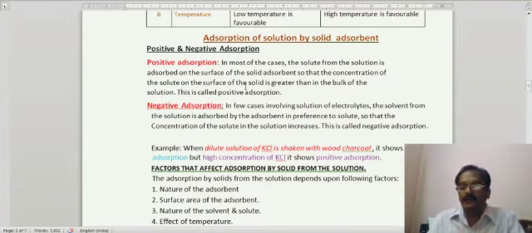Okay. Based on that, we have two important types of adsorption: positive adsorption and negative adsorption. Now let us consider a solution, which consists of two components, a solute and a solvent. After having the solution, if you drop activated wood charcoal into it, it depends on the nature of the solution, whether it is a concentrated solution or a dilute solution. The adsorption by the adsorbent may have different types. So based on that, now we have one, a